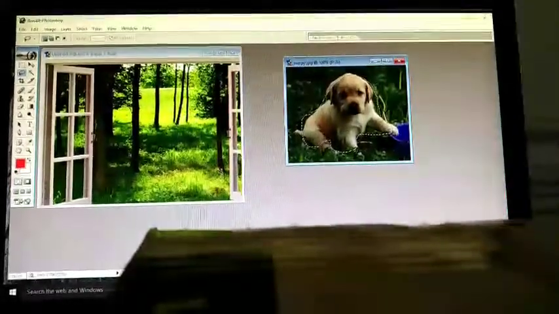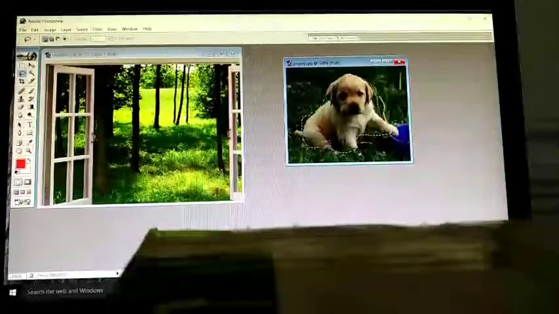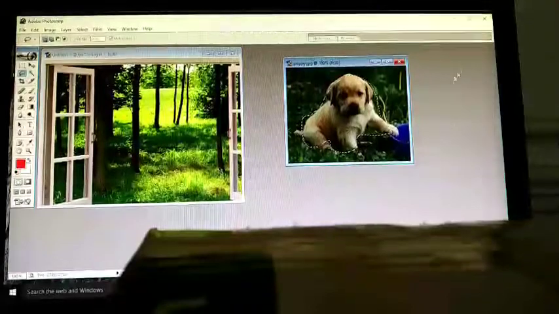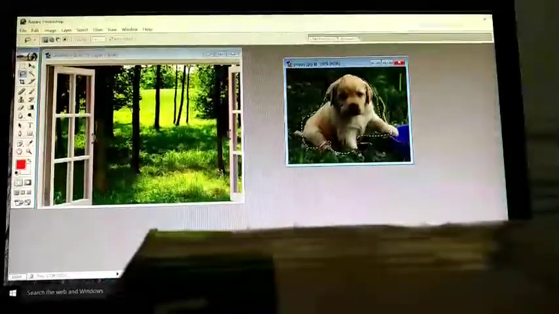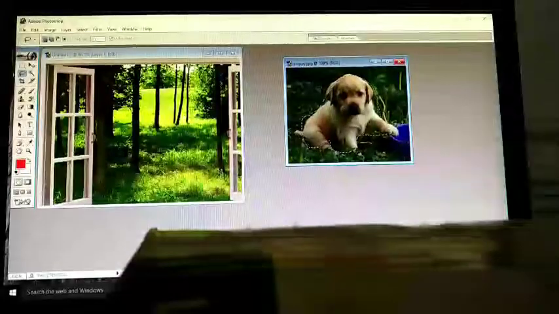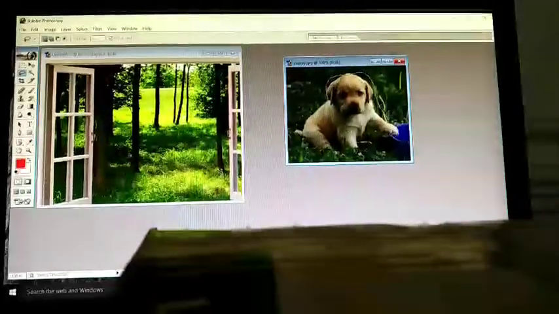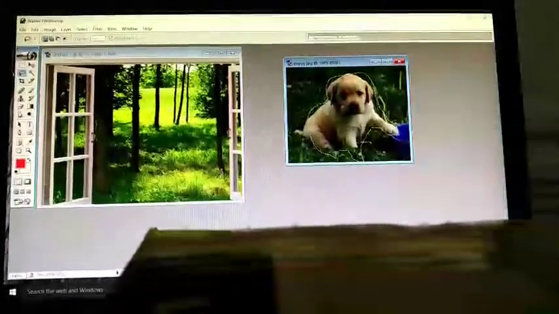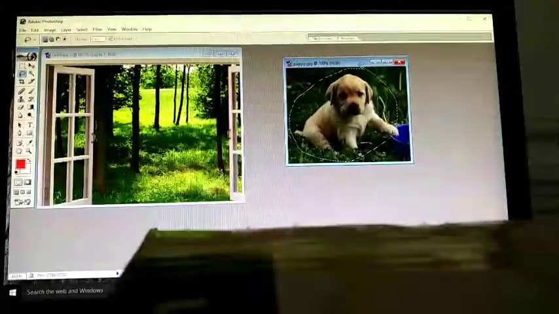What is the simple lasso tool? It allows you to make a freehand selection in the desired shape by dragging the mouse pointer over the portion of the image to be selected. So this is an example of normal lasso tool. Just click and drag the mouse pointer around the image in a desired shape. For example, if you want to select it in a round shape, you can do it like this.